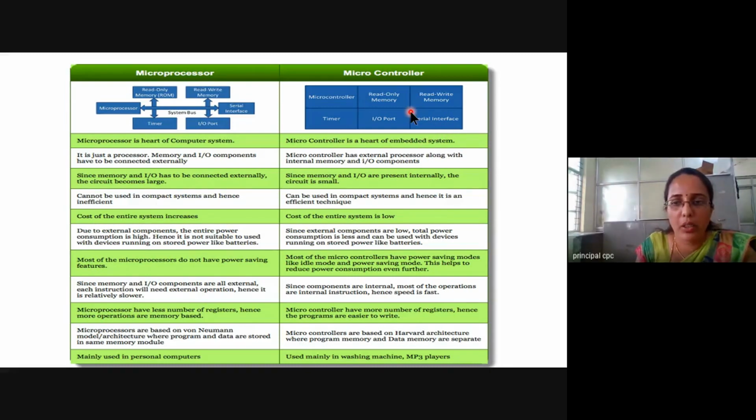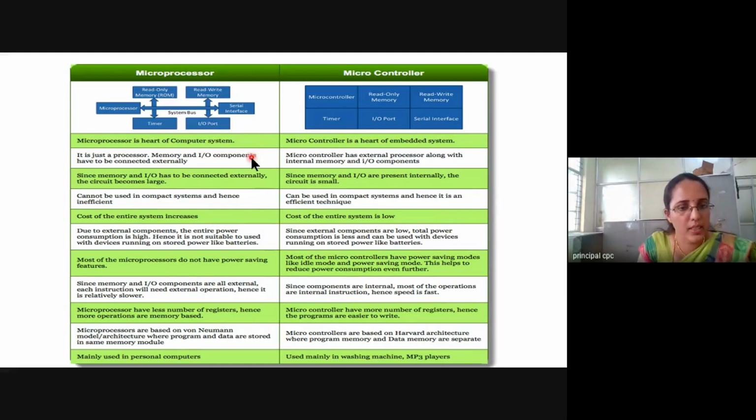Both a combination of hardware and software, and these components make up embedded systems. Application specific means oriented towards a single application. But microprocessors are part of general purpose systems. We can use them for any kind of processing.